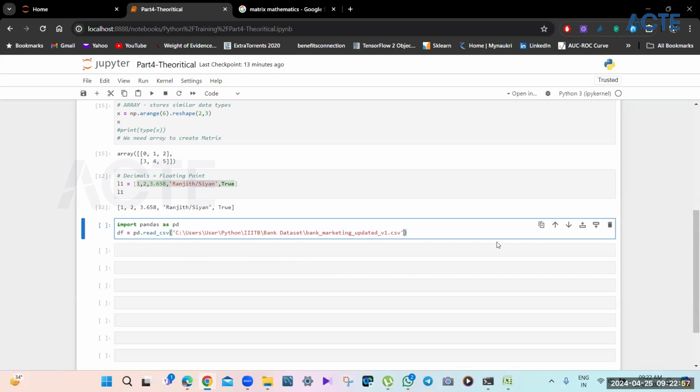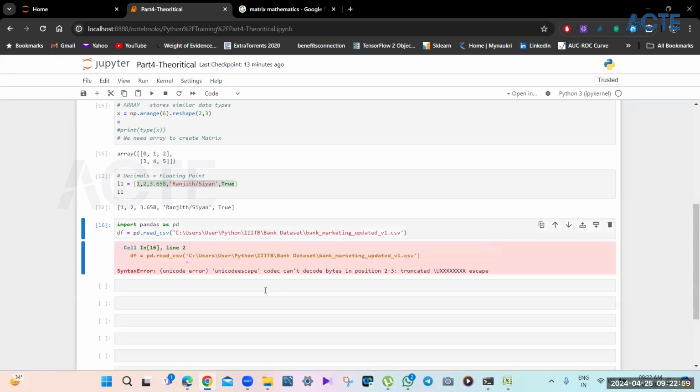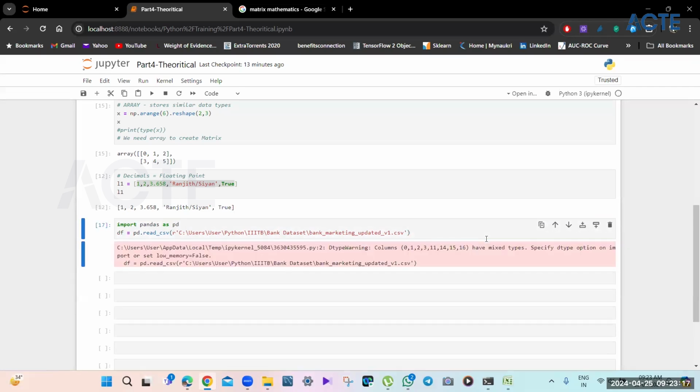And if we run this, this is giving an error because it has a space in between. That's how the folder is. The file folder is in my computer. So I will fix it by adding a small r before the quotation mark. Okay. And this will be fixed.